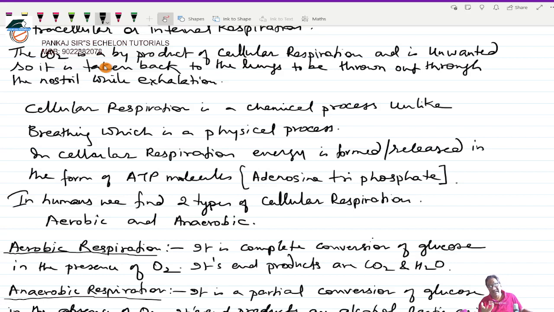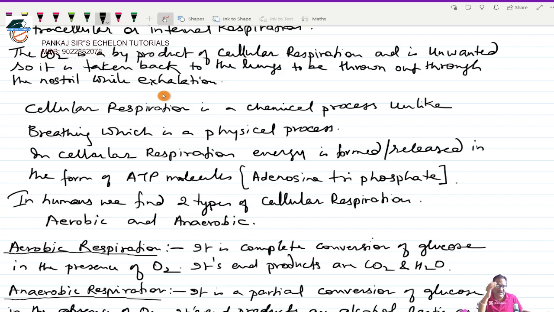Okay, so that product of this chemical reaction taking place in the cells, respiration का जो chemical reaction होता है, उसमें जो carbon dioxide बनता है, it is nothing but a byproduct. Okay, so it has to be thrown out. Okay, byproduct is something which is of no use. So carbon dioxide is a byproduct of a cellular respiration, and it is unwanted. So it is taken back to the lungs to be thrown out through the nostrils while exhalation. So breathing में जब exhalation होता है, तो यही carbon dioxide जो cell में produce हुआ है as a byproduct,